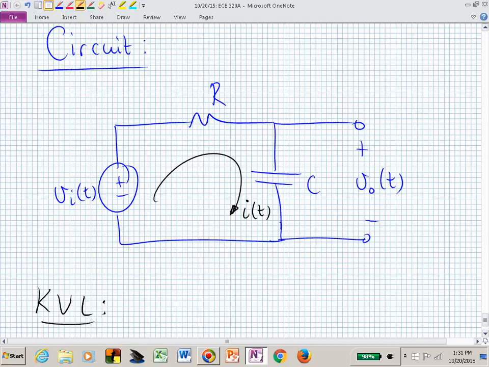The circuit is up there in the corner. Start working. All right, so now we're doing our KVL. Minus V sub I of t plus R times I of t plus,